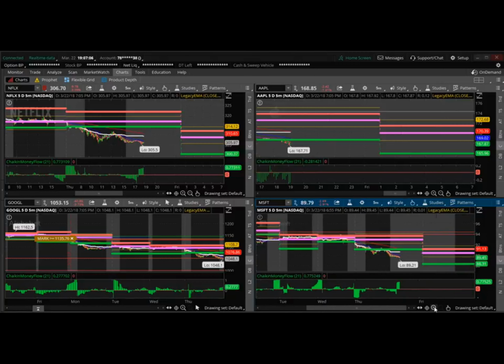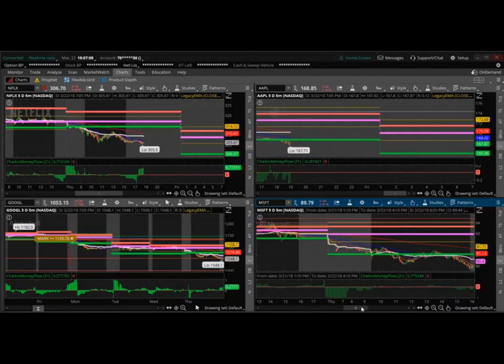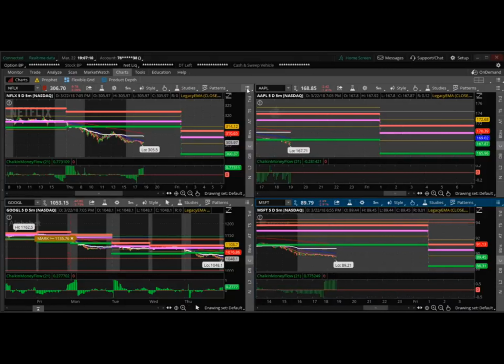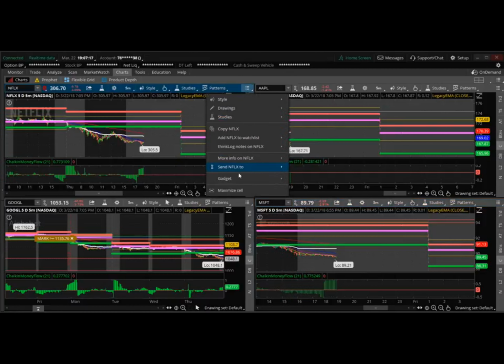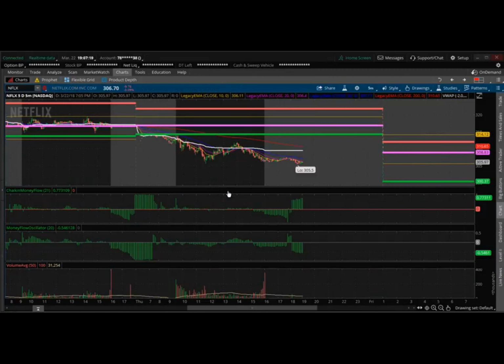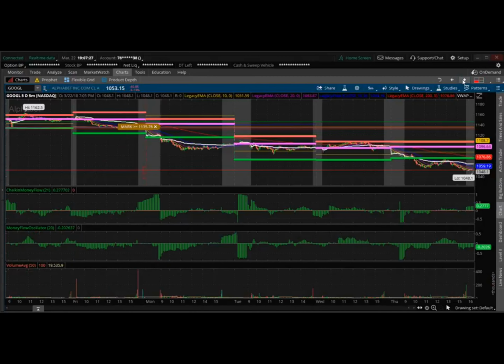the individual stocks. And if we ever want to just zoom in on one stock, you go to the list button here on any one of the charts. This list where it says simple actions, click below and you'll see maximize sale. That allows you to see everything on just one stock. The arrow here in your top right corner, if you click it, it allows you to maneuver through each of